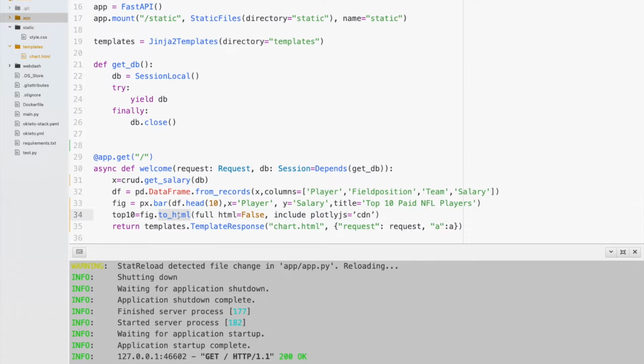So the function I use in fig, remember I created this figure object. We can now decide how we want to render it. And I want to render it as an HTML. So to_html is the function I call. In it, I give a few parameters, guys. All right, the first parameter I give,